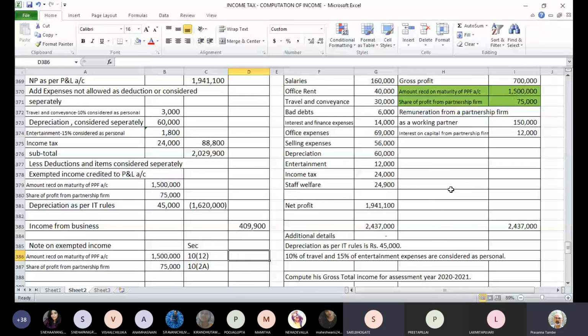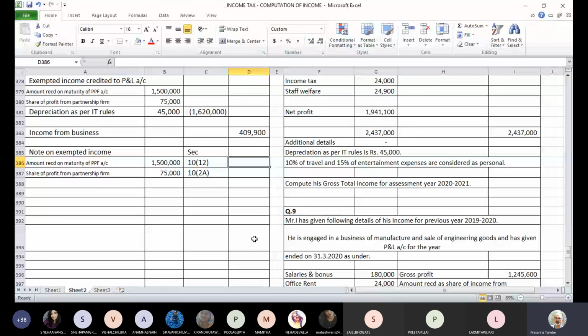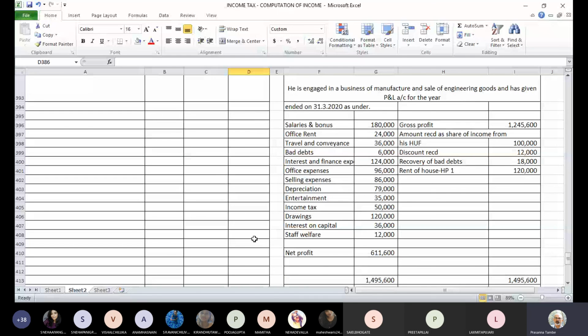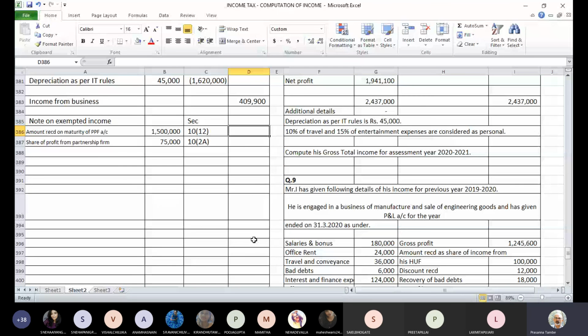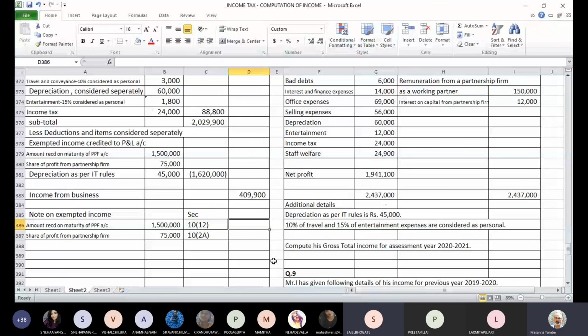Okay, fine. Now what we'll do is I'll take a 5 minutes break, and then we'll start after 5-7 minutes. We have one more lengthy question now. There are quite a few adjustments in that, and we will complete it in the next lecture, because I'm going to continue for a while. As I told you, I'm going to extend this lecture. Is that okay? Okay, sir. I will download the attendance for this lecture, and then I'll stop the recording for a minute, and then we will resume the recording.